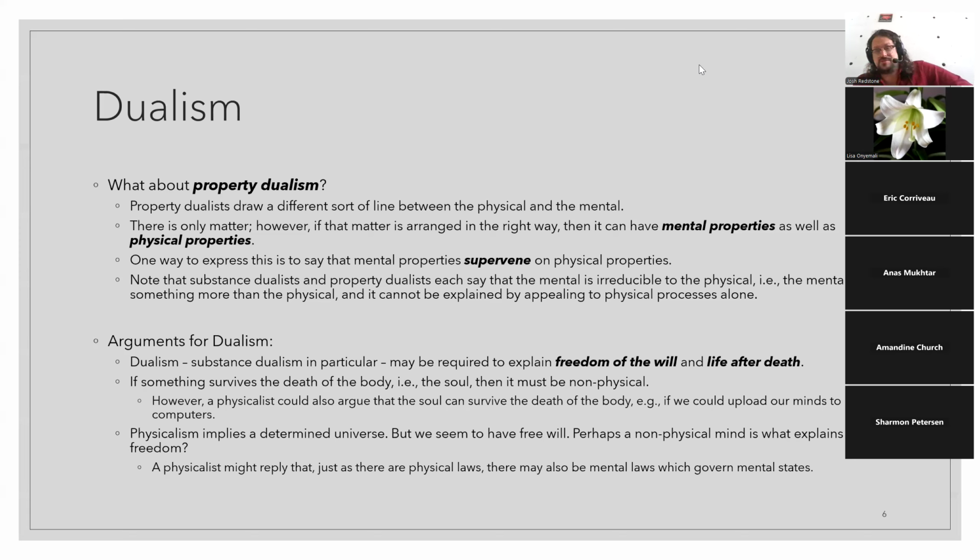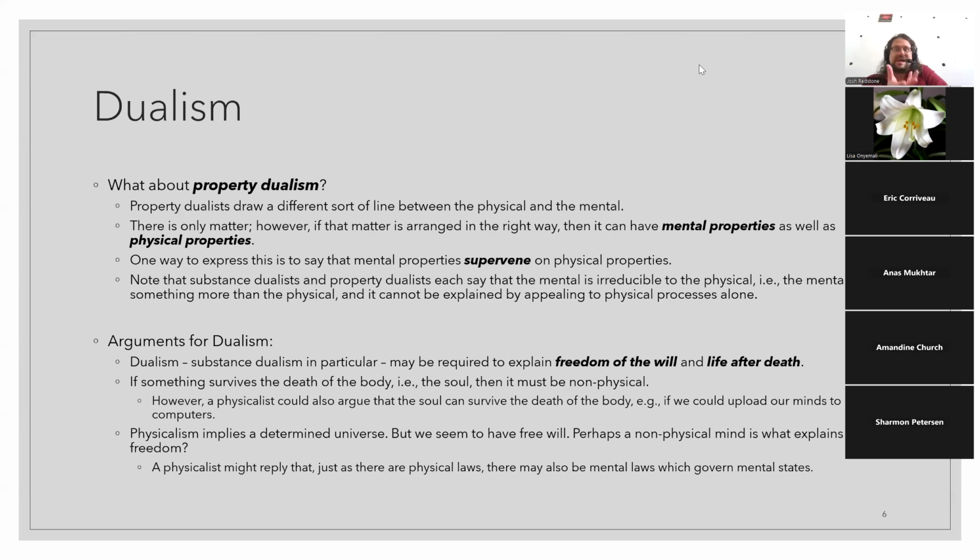Now, for Aristotle, that was the soul, the form of a living body. The form informs the matter, such that I am a living human being rather than a bucket of goo. Similarly, if the matter is arranged in the right way, not only does it have what we could call vital properties, not only is it alive, but it might also have mental properties, which we all do. Right?